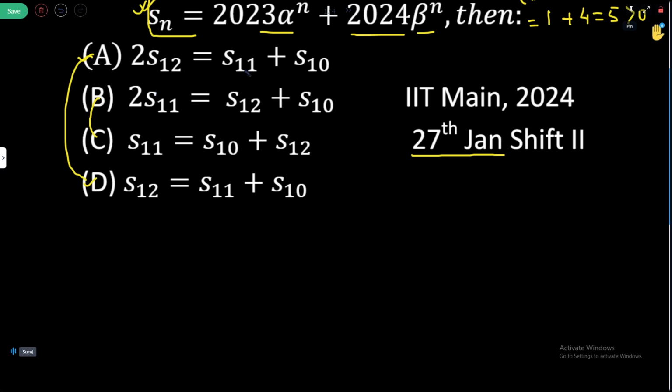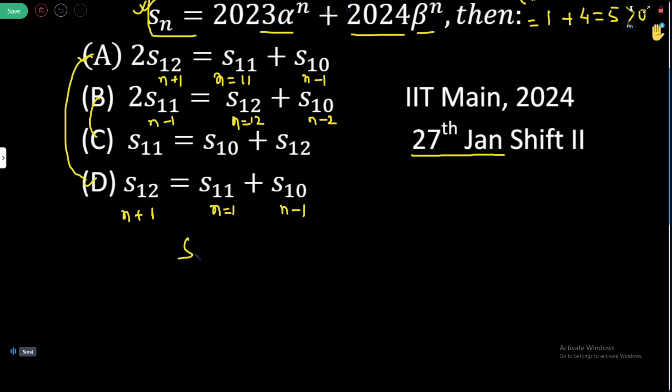Because if in this relationship you put n equal to 11, then this is n minus 1 and this is n plus 1. Same in this type of question, n equal to 11, then this is n minus 1 and this is n plus 1. So the difference is 1. For B and C, if we put n equal to 12, then this is n minus 2 and this is n minus 1, meaning the difference is 2. So we just have to verify two types of relationship.